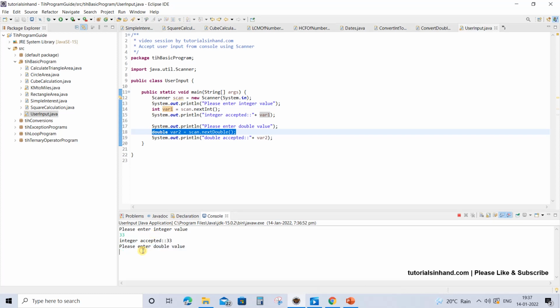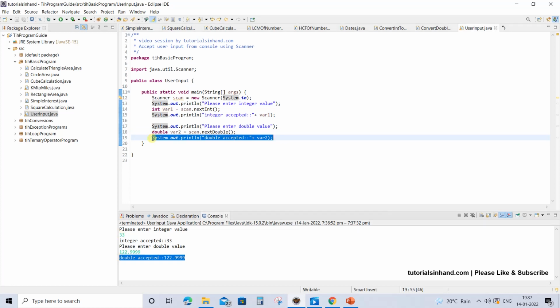So now you have to enter a double value like 122.9999 and then press enter. The next line is printing the value that you have accepted. That means this line of code is executed, so you are getting this value.